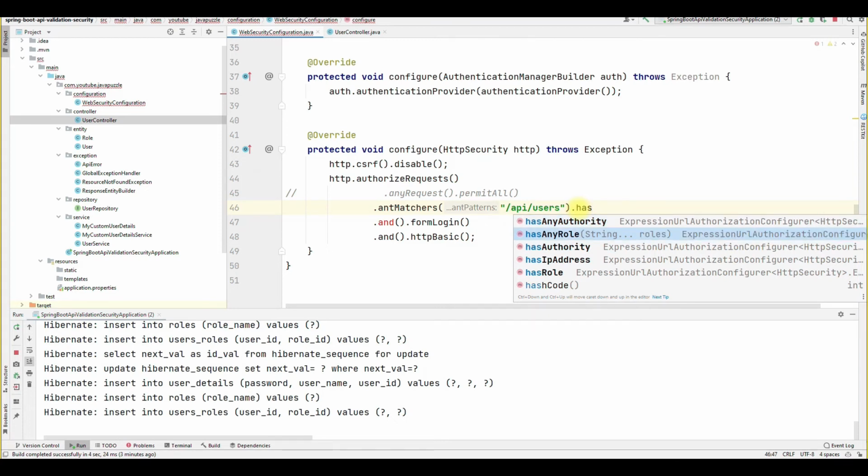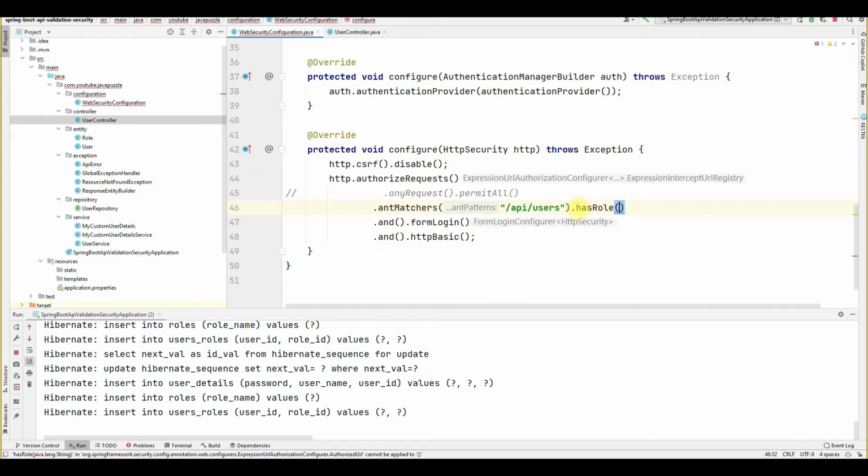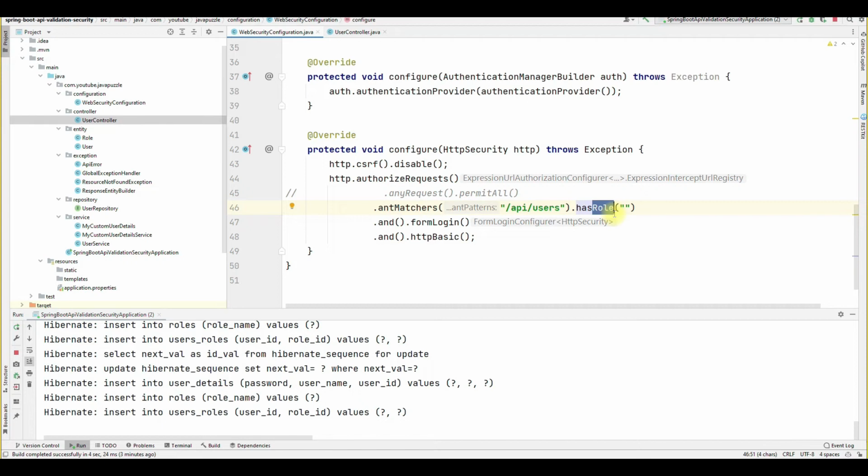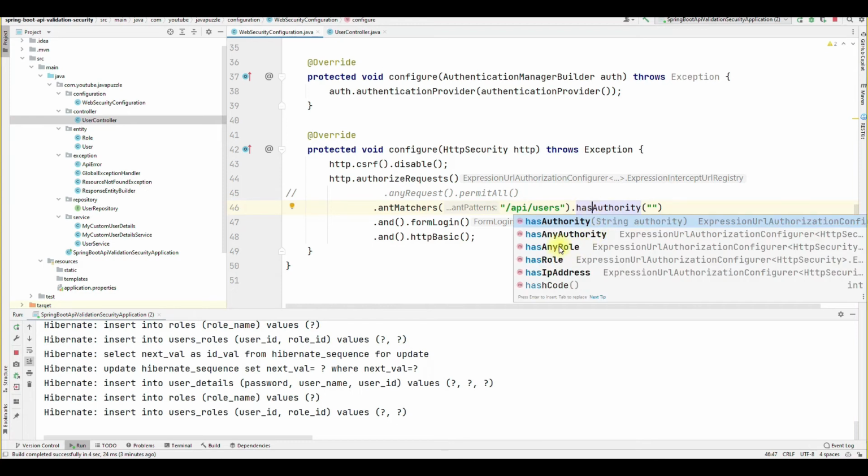So what is happening here, if you use hasRole, then you have to pass the role here, ROLE underscore and the name of the role. But in the case of authority you don't need to pass the role inside the parameter.